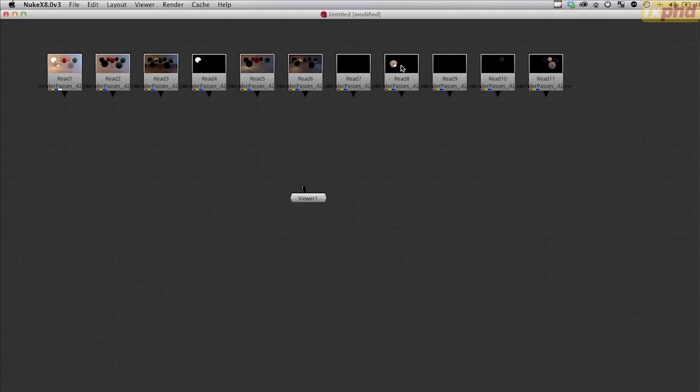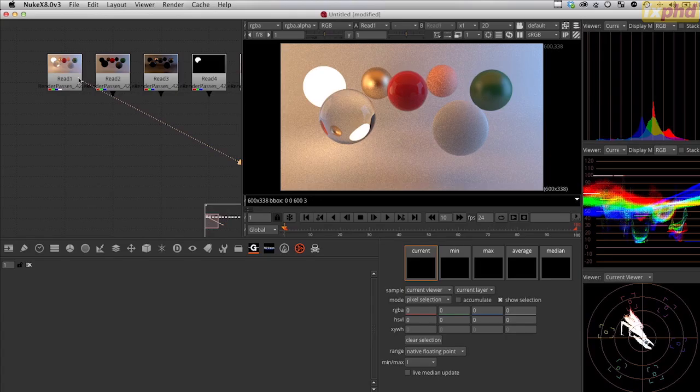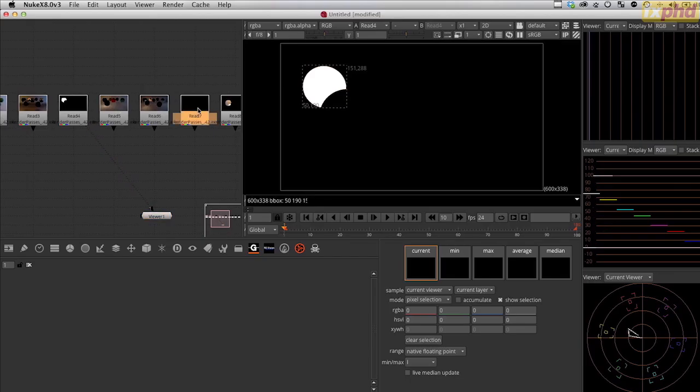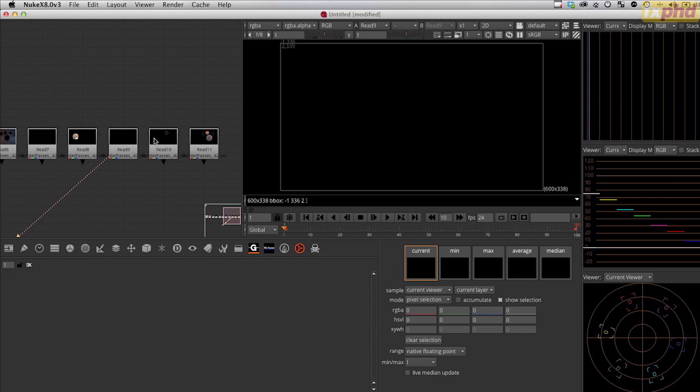What you can also see is if we choose one of them, such as this one, and we look at it, you can see that the crop has worked really nicely. So the bounding box is just around the area where the image is. Now obviously on something like this, the bounding box is around the entire thing, but where we have just a single element, you can see that we get a much smaller bounding box. Okay, so some of these obviously don't have anything in it,